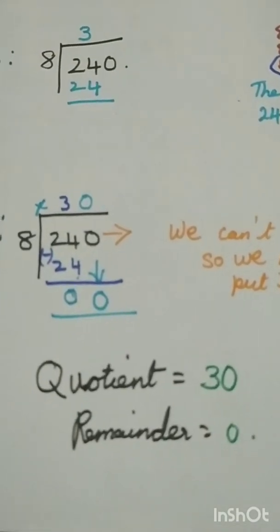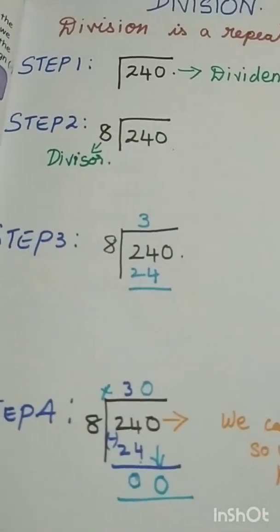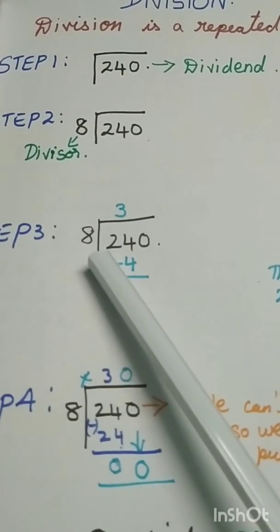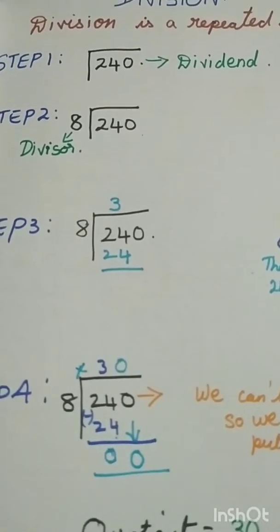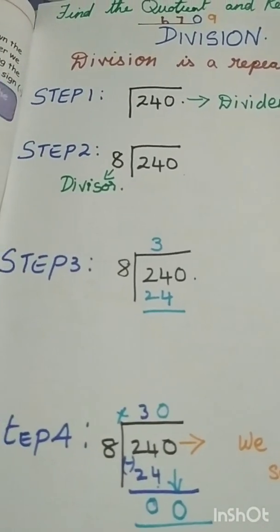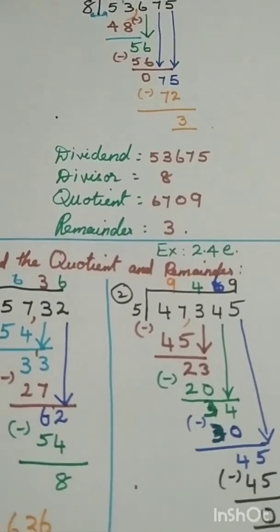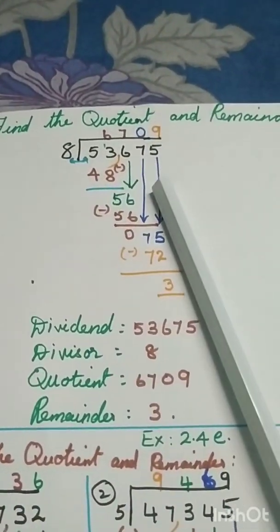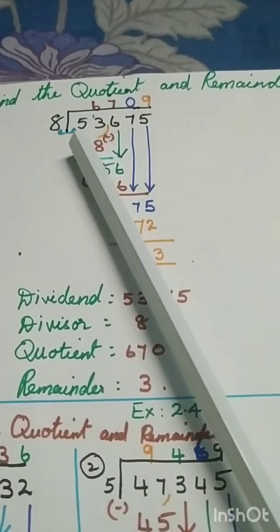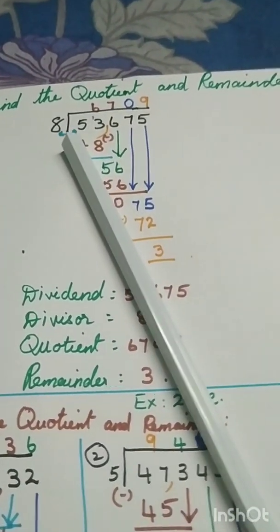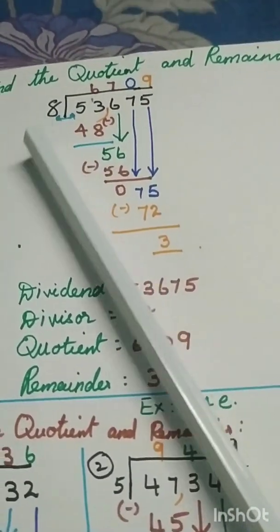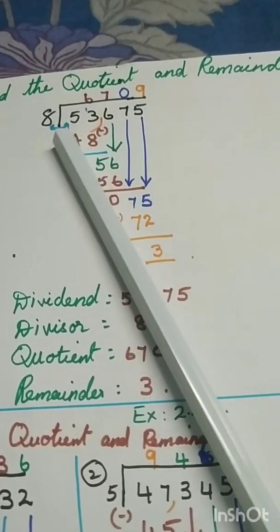Okay, so this is the division for 1 digit. I have done this division sum. Next week I will do 2 divisor sums. 2 digit division I will do. And I have given here quotient and remainder. How to find out the quotient and remainder. See here. Very important to understand this, children.